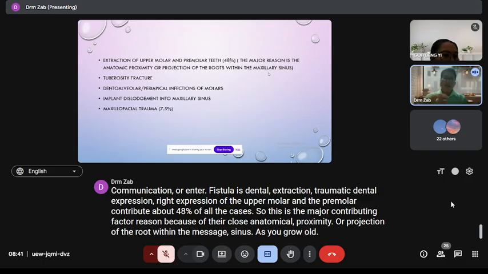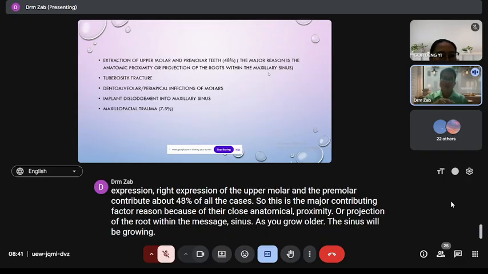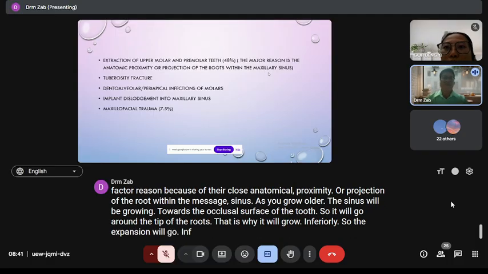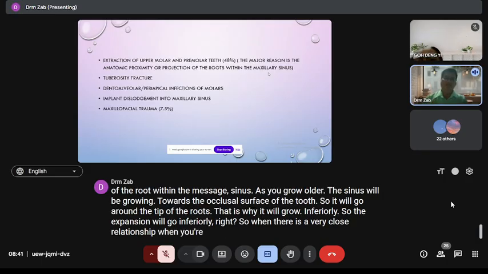As you grow older, the sinus will be growing towards the occlusal surface of the tooth. So it will go around the tip of the roots. That is why it will grow inferiorly. So the expansion will go inferiorly. Right? So when there is a very close relationship, when you're trying to remove the tooth,